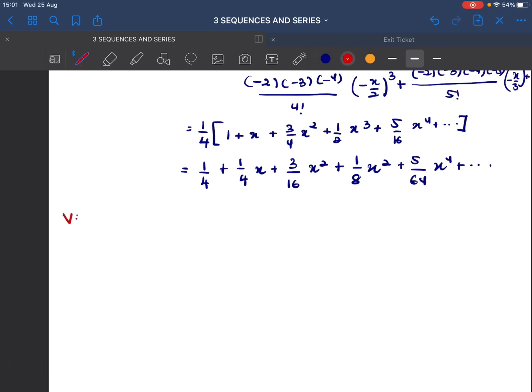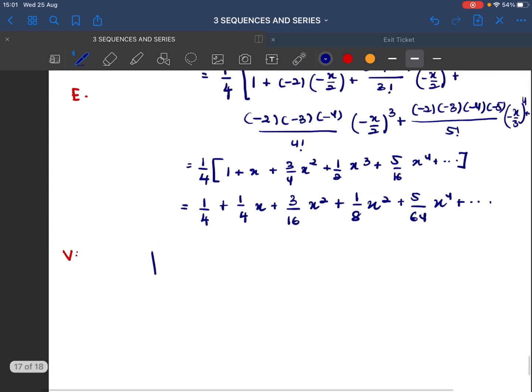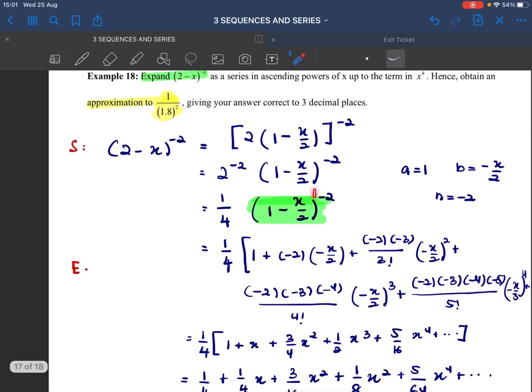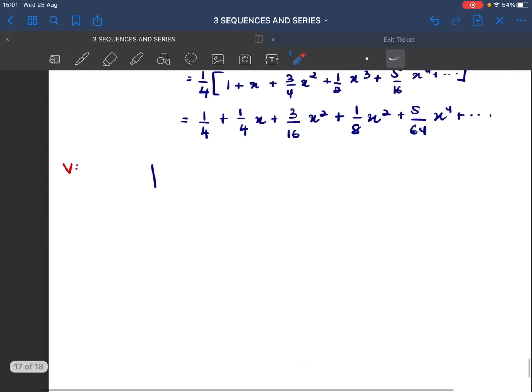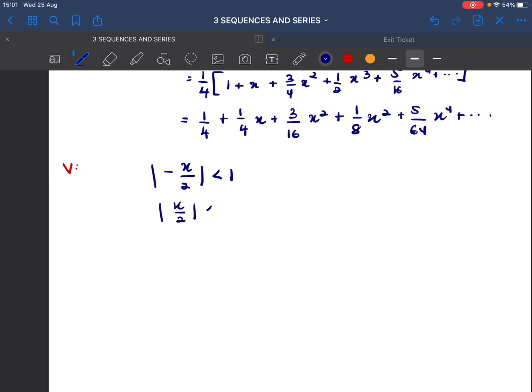We are going to check our validity modulus B. So B kita ialah negative x/2. So we are going to get modulus negative x/2 less than 1. Dalam modulus akan sentiasa positif. So this is the same as x/2 less than 1. 2 can bring to the other side. We will have modulus x less than 2. And then we are going to get x between negative 2 and 2. Okay,